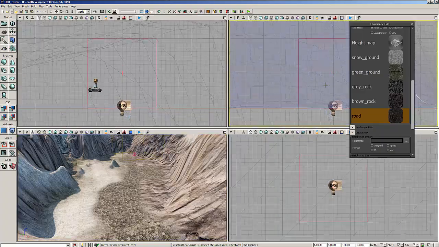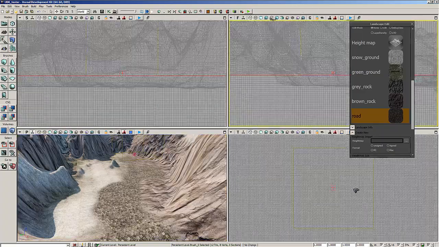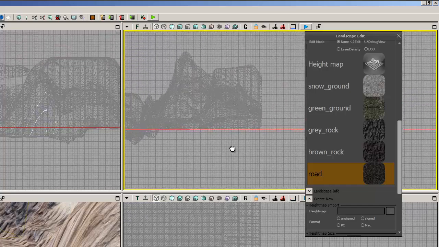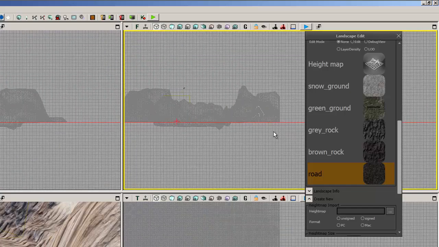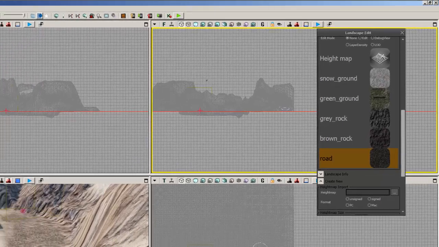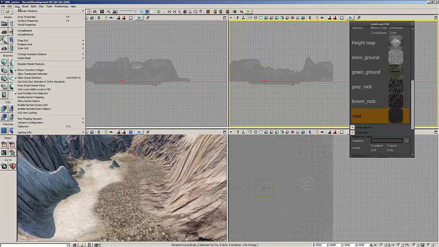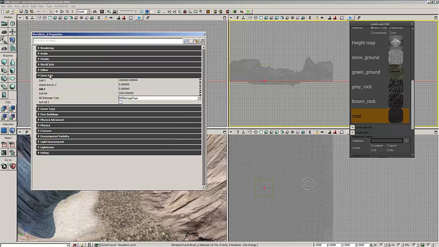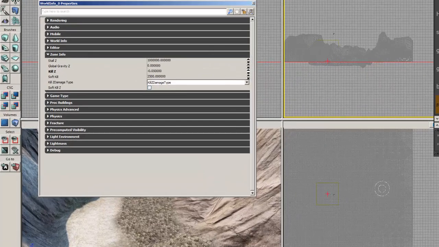If you look at this in this view, we can see that I have this red line going through my world at the valley level. This is my kill zone. If I want to change the depth of my kill zone, all I have to do is come in here to view, go to world properties, and I'm going to go in here to zone info, and I'm going to set this kill. It's at 0 right now. I'm going to set this way below 0